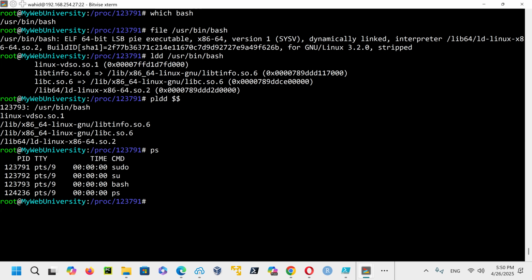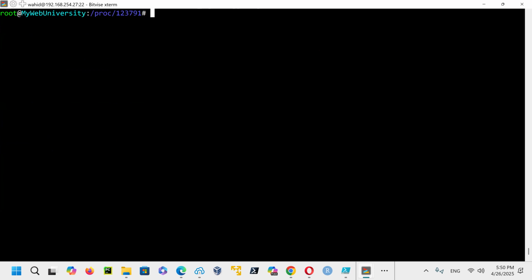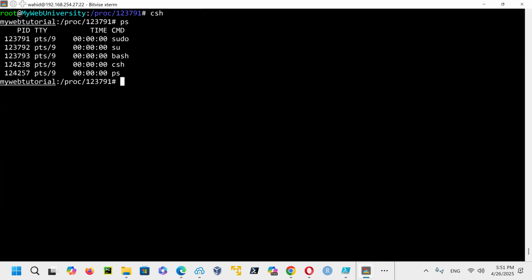So right now, if I say echo $$, this is going to be pointing to the bash, which is that number. So if I clear screen, exit, not exit, say go to C shell here, and then now PS is going to show echo $$ is going to show my C shell.